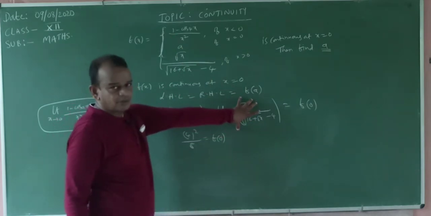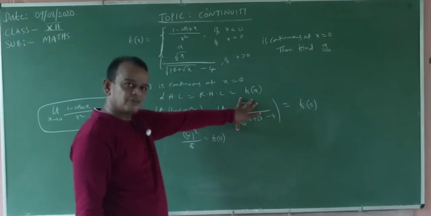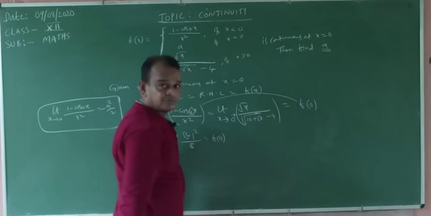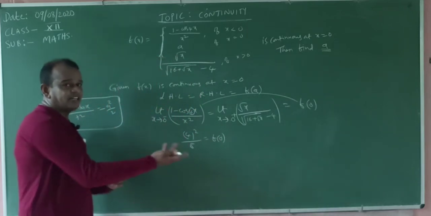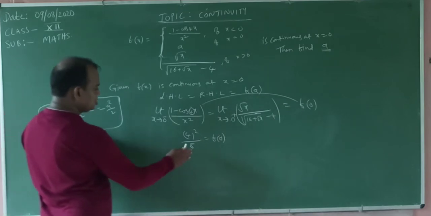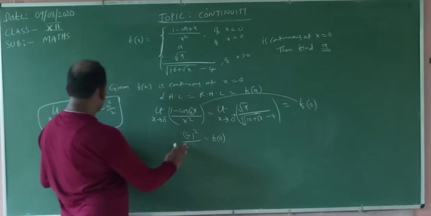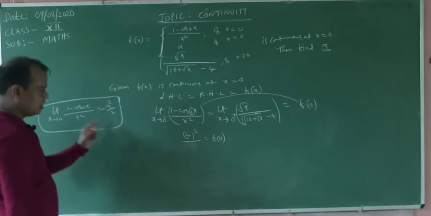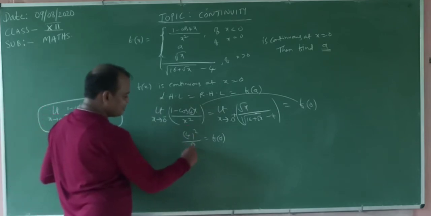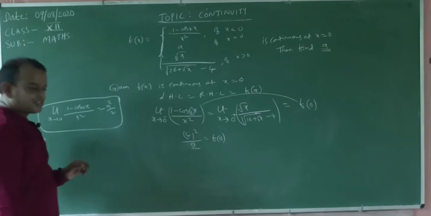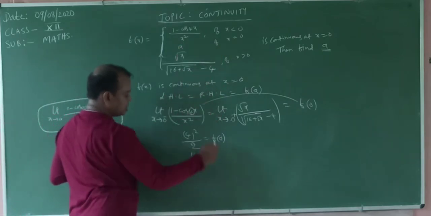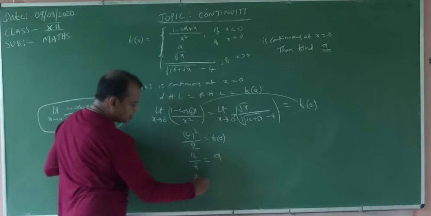That is equal to f of 0. You leave this one, no problem. Next we will do this one also, no problem at all, and we get the same answer. But this one equals this one, must and should. LHL is equal also to the function value. Why? Because it is continuous. Each and every one is equal. Okay, the formula is A square by 2 only. A square by 2 means 4 square by 2. 4 square means 16. 16 by 2 is equal to f of 0. F of 0 equals how much? A. 16 by 2 means how much? 8.